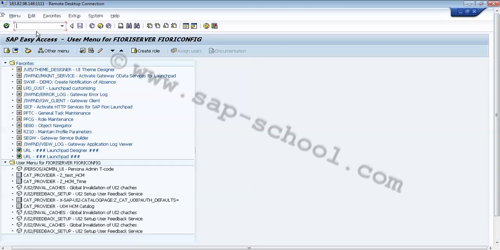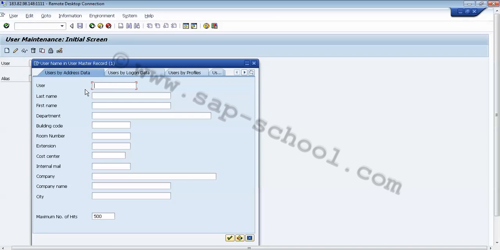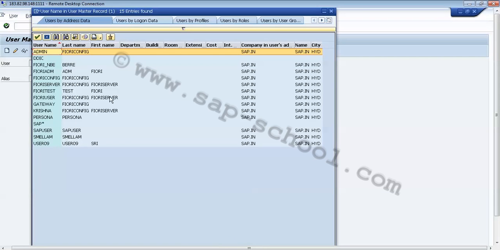Now if I go here and use SU01 and I want to enter the name, if I know the username directly, I can just write down the name. Otherwise I can use this F4 help. If I type a star here, it will search for all the users and from here I can see the users in my system.